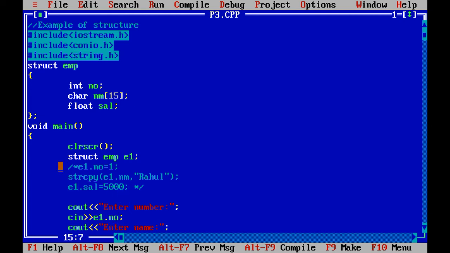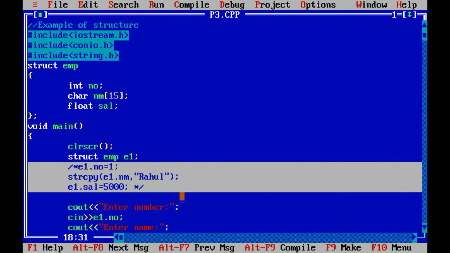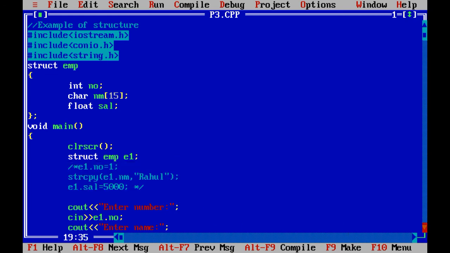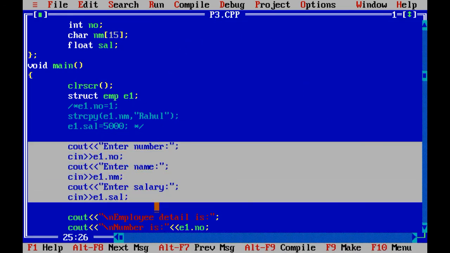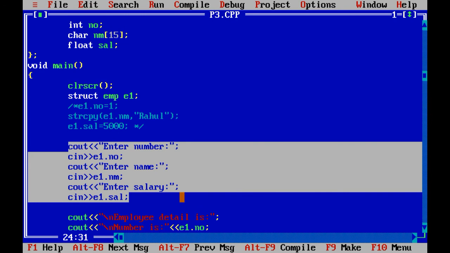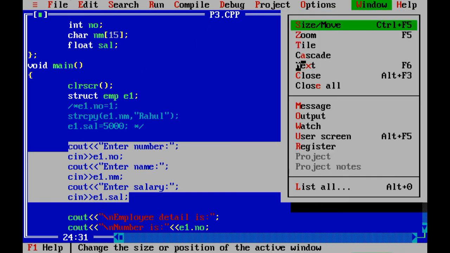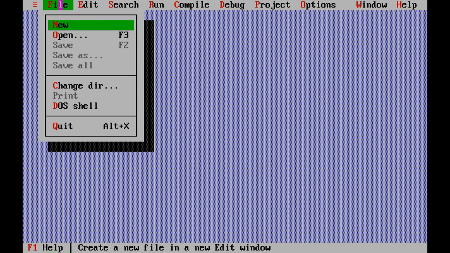You just need to put a comment line on these three lines, and you need to write the code in the same program, that is p3.cpp. In that you can collect the data of the structure from the user, or we can say the keyboard, and you can put it inside cout and cin. So these three programs you need to perform today.